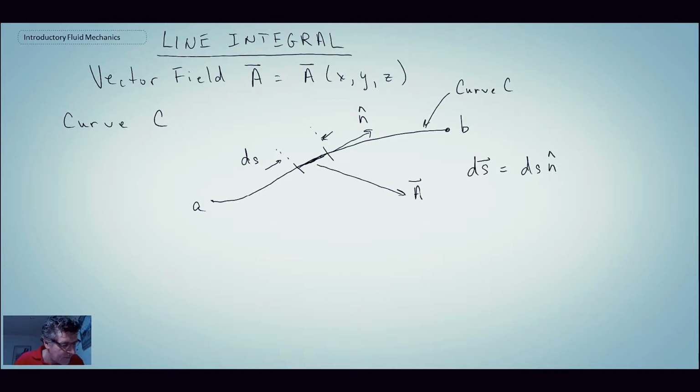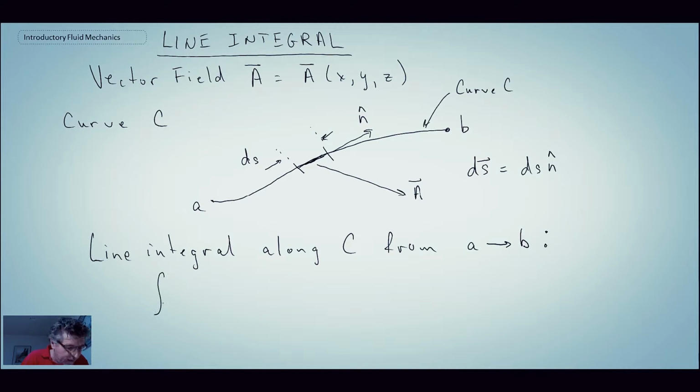So ds written in vector form would then be the scalar value multiplied by the unit vector that we set in the direction n. So let's assume that we're wanting to evaluate the line integral from A to B along curve C. And so if we're evaluating this, in the integral, I'm going to put a C showing that we're integrating along a curve, and we're going from A to B, and we would have our vector A, and the way that we do this is we use our dot product. That would give us the vector component along the direction ds,